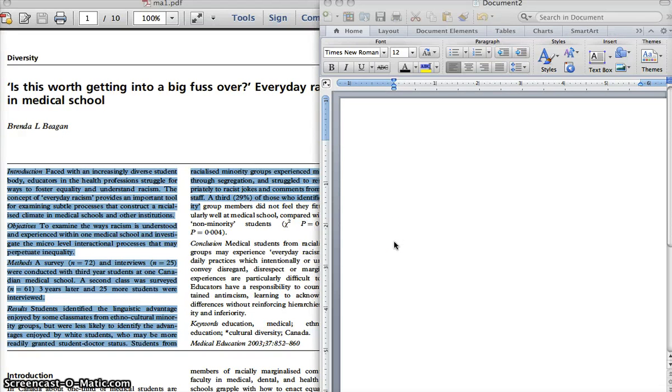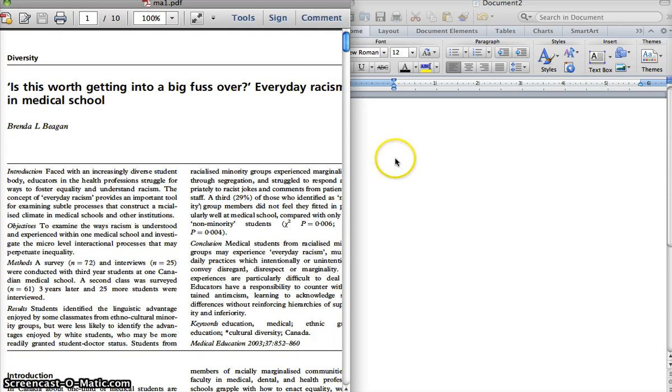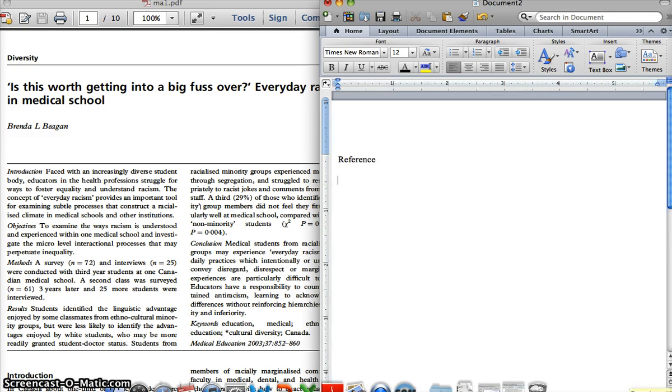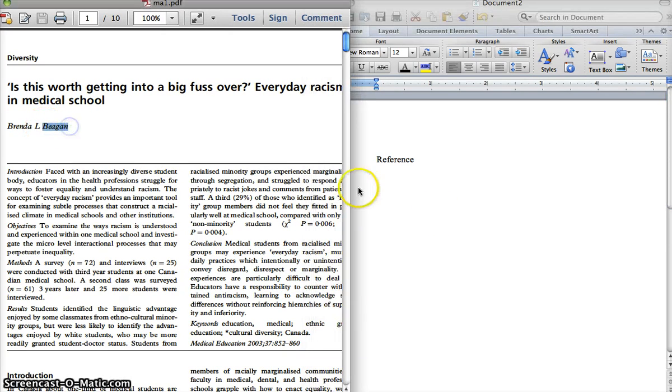Hello, in this presentation, I would like to go over a few APA 6th edition citation rules. Let's begin with adding a reference entry for this article. For a reference citation, we begin with the author's last name. In this instance, it would be Began,